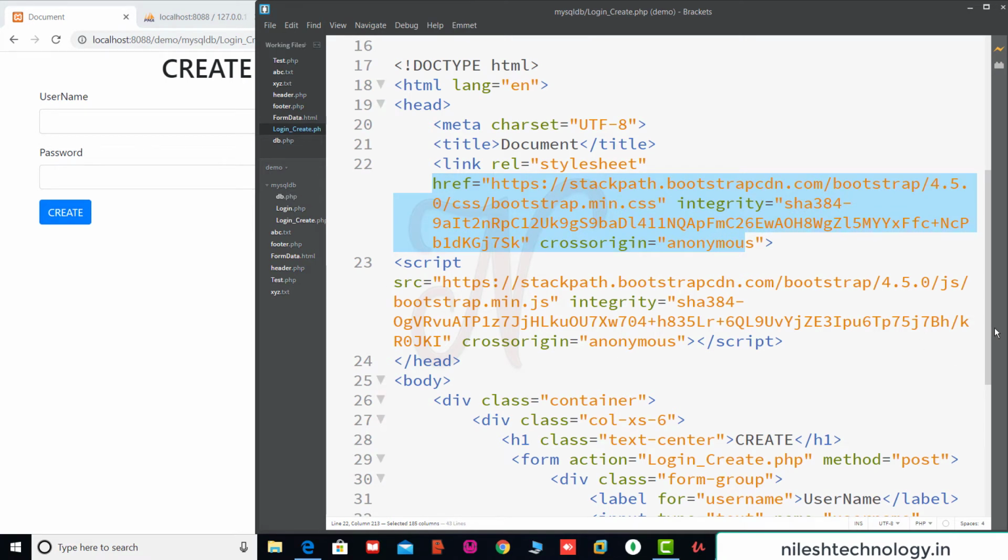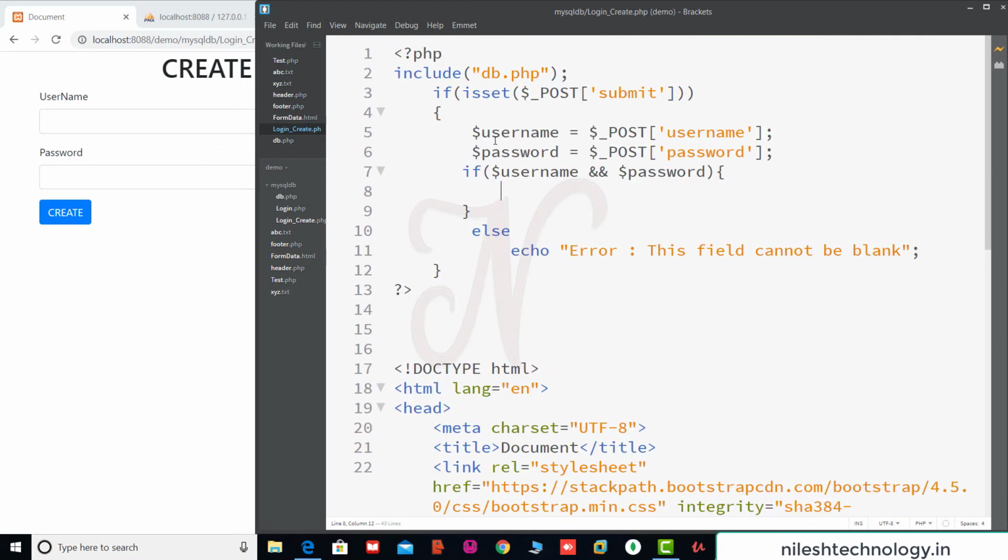Then the textbox username value is stored in the $username variable, and the textbox password value is stored in the $password variable. Now we use these variables to perform the insert query and insert a record into the table. So we use a variable query, and this is the insert query: insert into, passing the table name users.